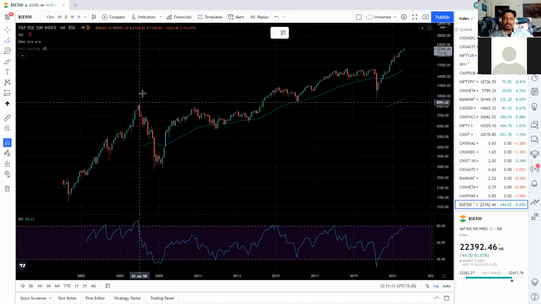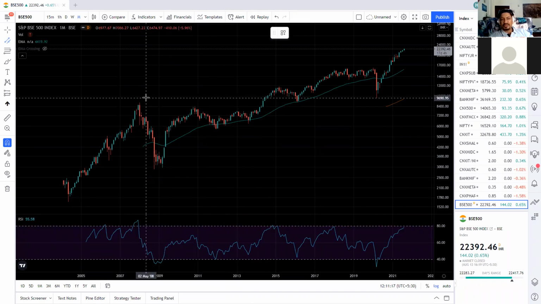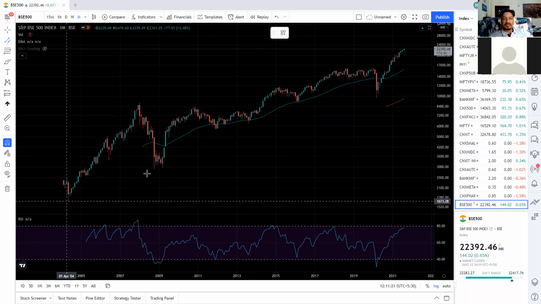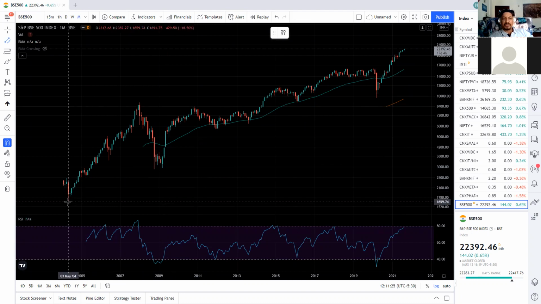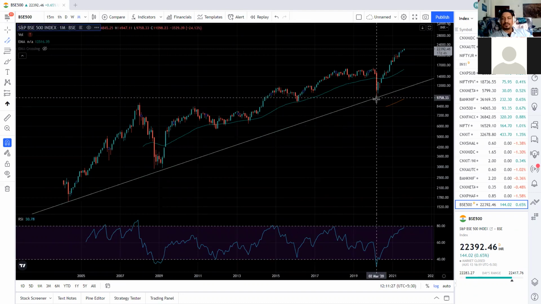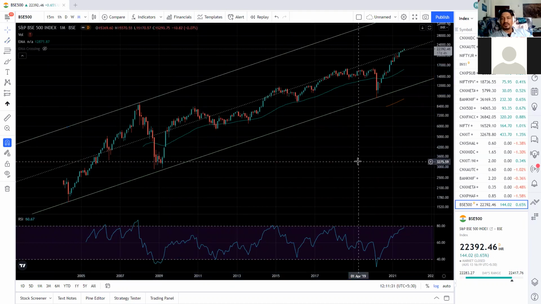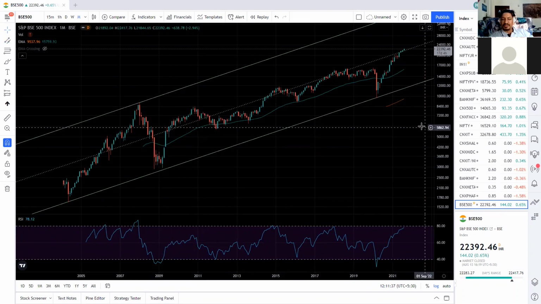So here, to start with, we should know what the extreme highs are and what the extreme lows are. Here we can see there are multiple extreme lows. So considering these extreme lows, we can have one channel. So this is the channel in which all the prices will perform. BSE 500 is performing in it till now.